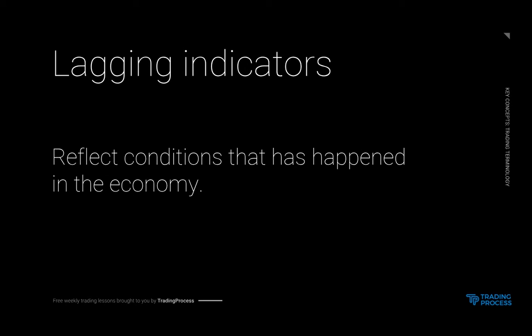So these reflect conditions that have already happened in the economy. For example, the unemployment rate. And this is something that retail traders who are not correctly educated trade on. TV news usually makes a big deal out of this, but it is actually very wrong to trade on, because the unemployment rate is a lagging indicator. It's something that has already happened in the